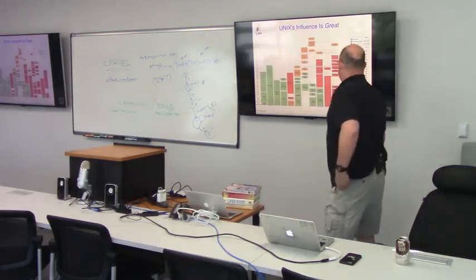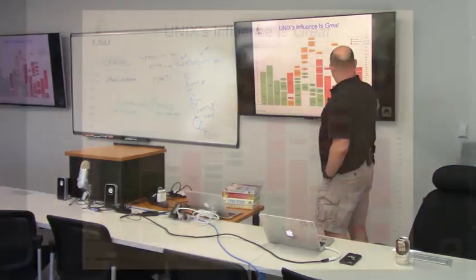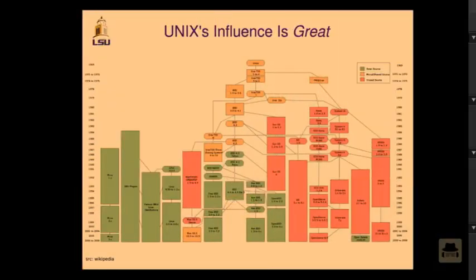This is the influence of Unix. This chart is from Wikipedia. It stops in 2008 because I put this together in about 2008, 2009. But basically from the first origins of Unix, it has influenced anything from Mac OS, FreeBSD, the different BSDs. Linux is not on here, but here it is. But it's not connected directly.